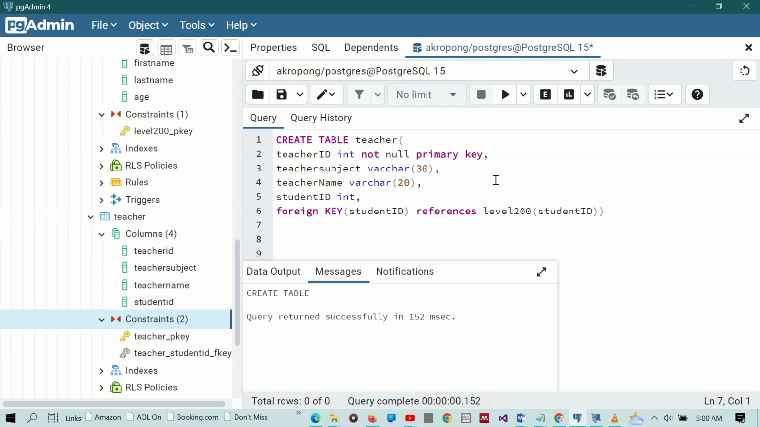You have to always take note that a column which is a primary key in one table, when you bring it to another table, becomes a foreign key. So you have to reference it from the table that you are picking it from. So this is how to create a foreign key